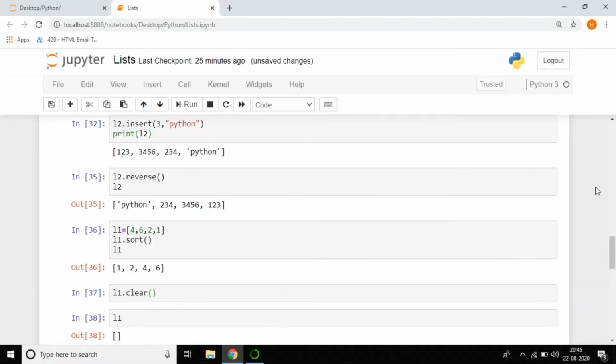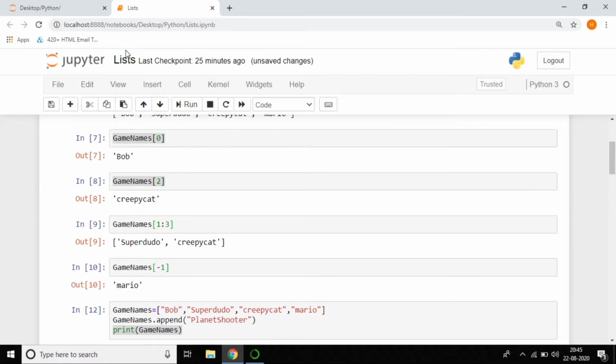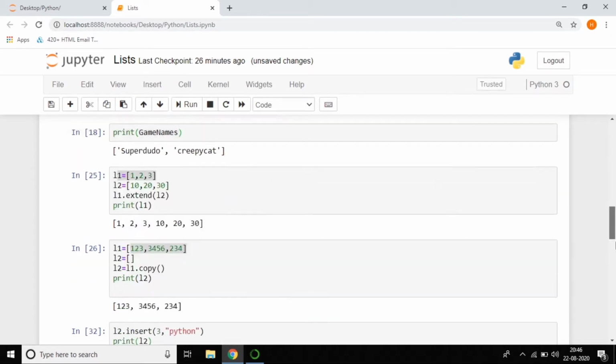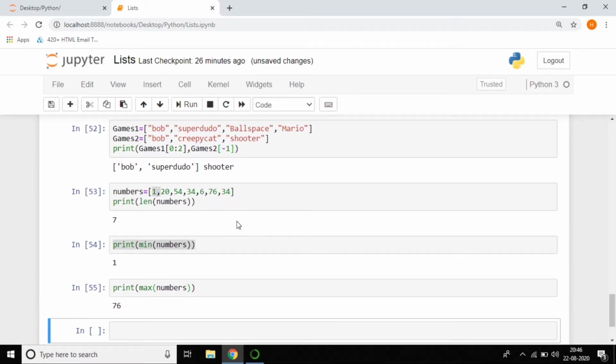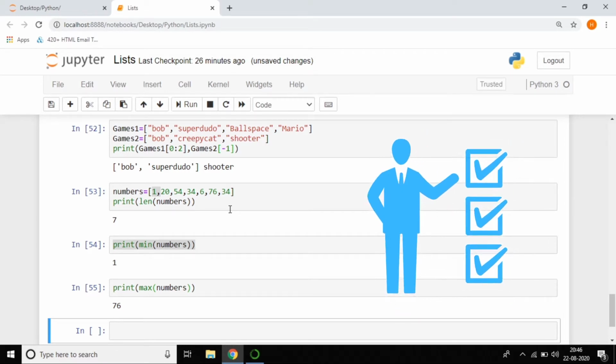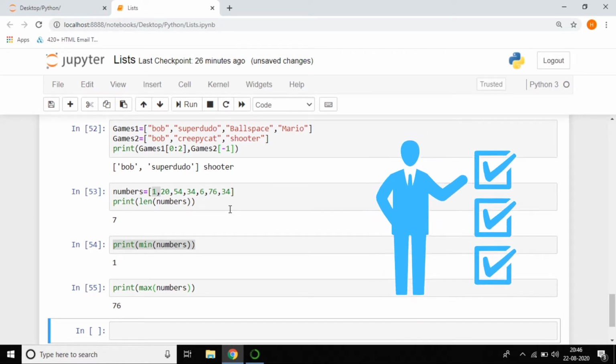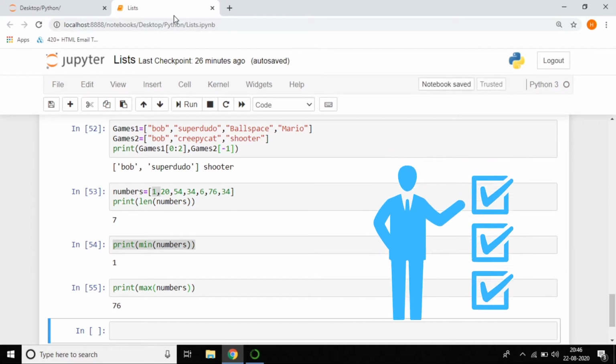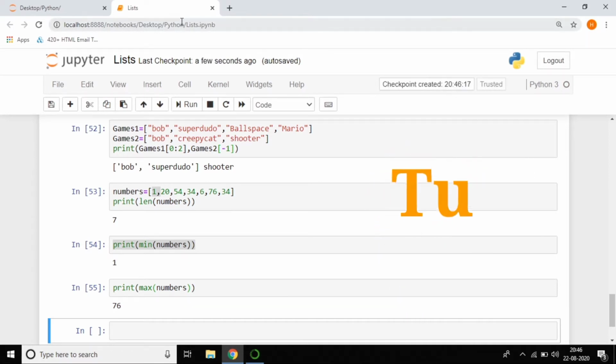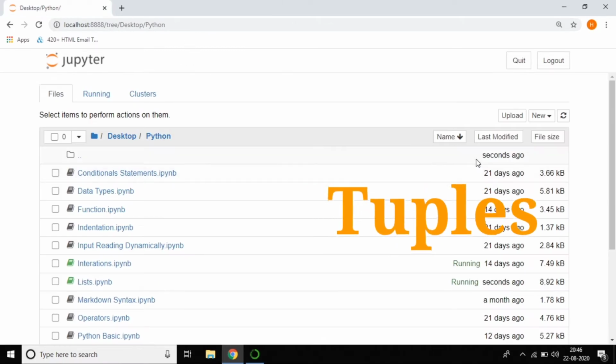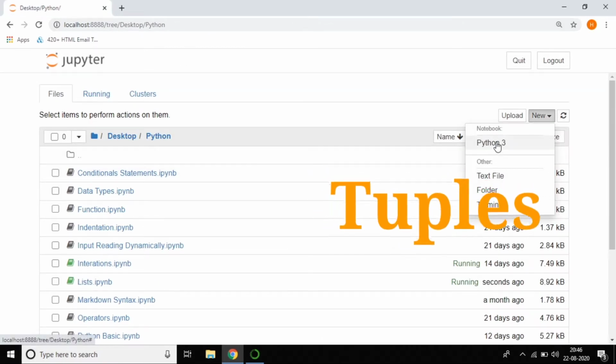In the previous tutorial we learned about lists. It was a very clear explanation, and we saw the methods in list, and also we did some small tasks related to list, like minimum and maximum length and everything. I hope everyone was done with that task. Now in this tutorial we are going to work with tuples. So I'll close this file and create a new Python file called tuple.